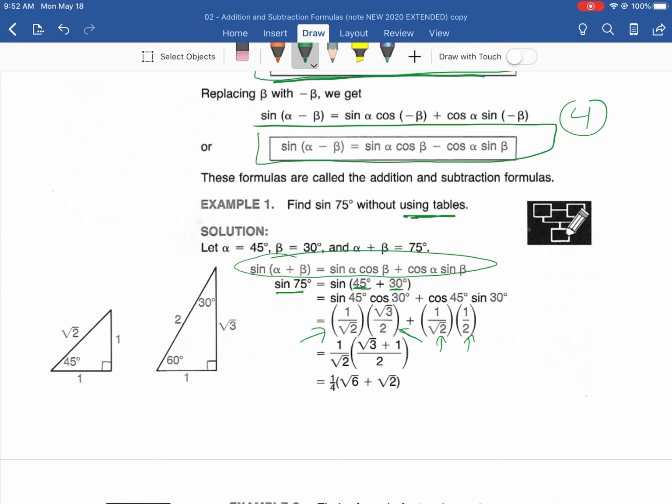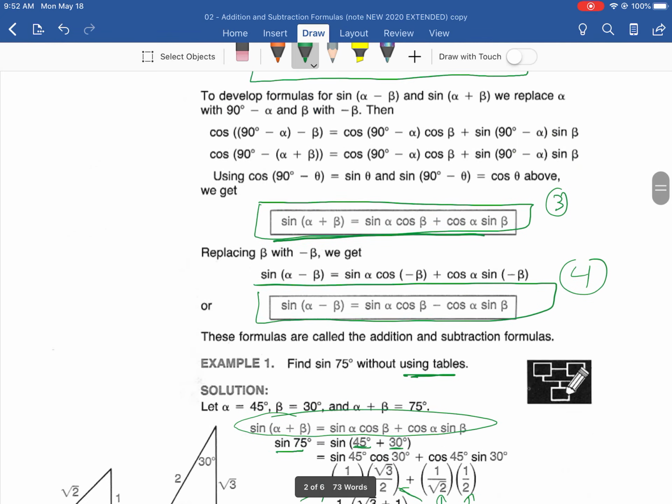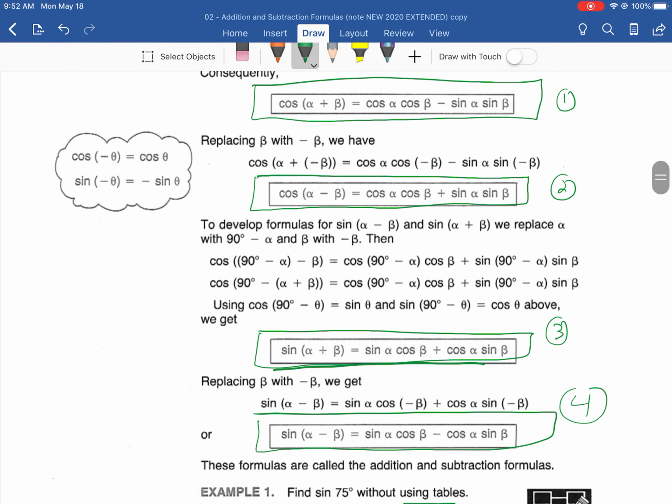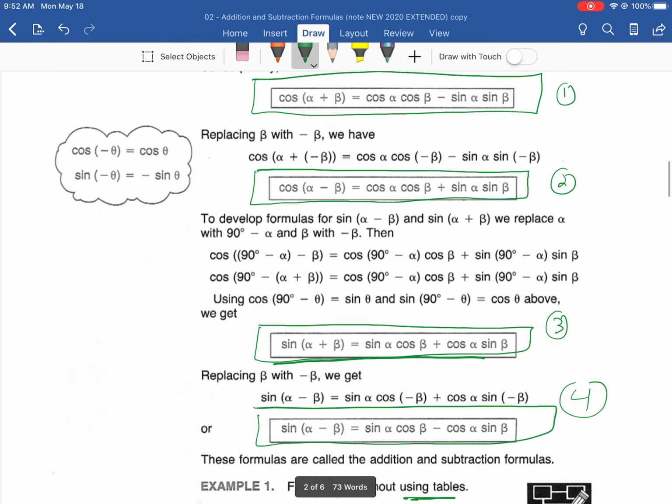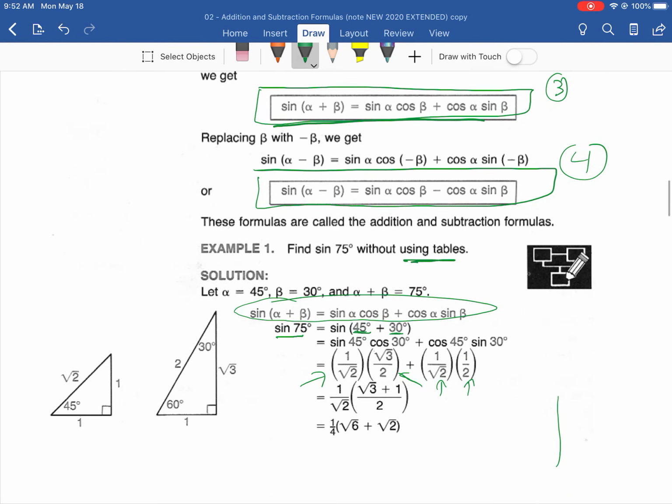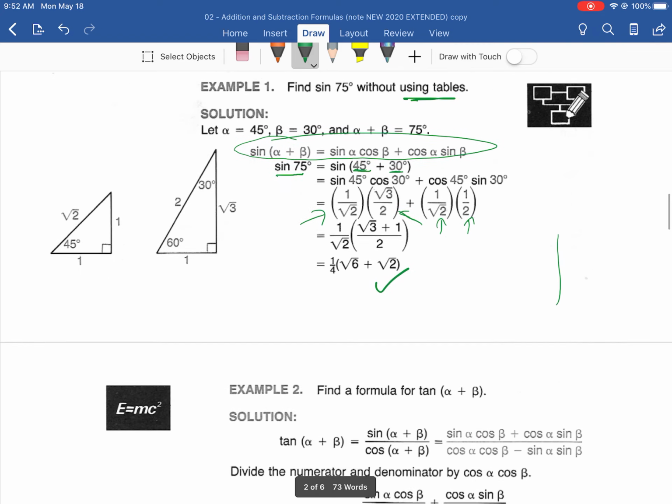All I want in this part of the lesson is for you to understand what this is used for. These four formulas that you see here, and there's more of them, are used to take angles and break them into pieces or to put them back together. That's essentially what those formulas do. And they did that in this question here: they took 75 and broke it into 45 and 30. Once they had it broken into 45 and 30, then the special triangles could be used to get a